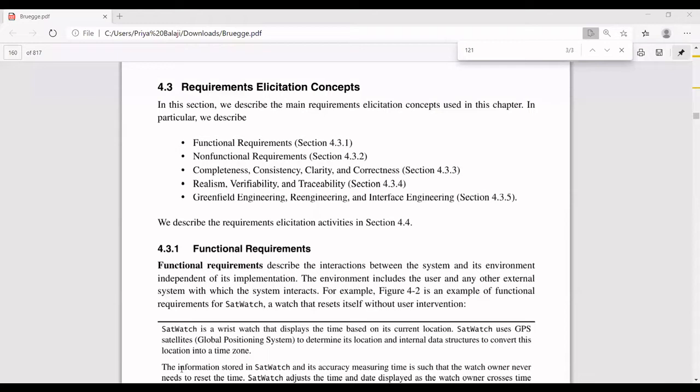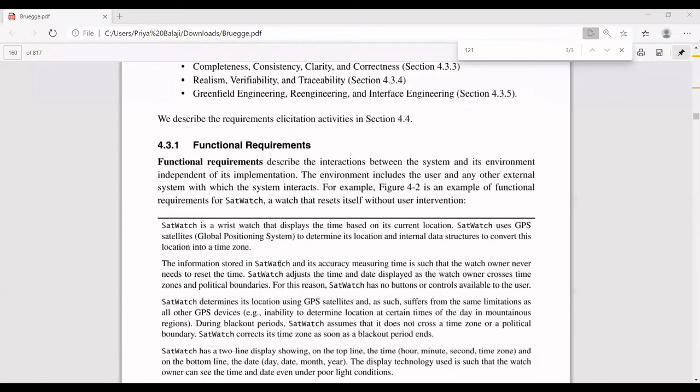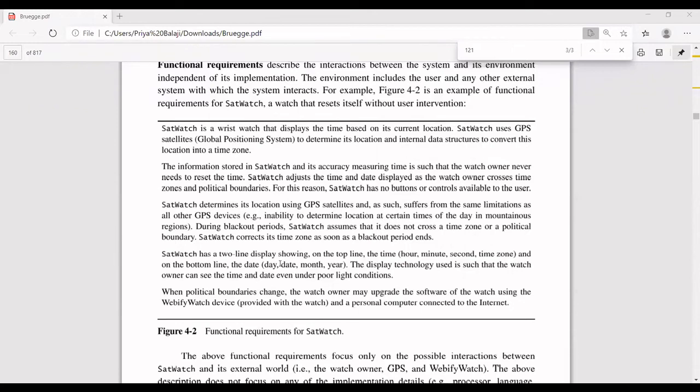So what is meant by functional requirements? As we know, what are functional requirements? There is an example they showed. First I will explain what type of example they are trying to use over here. They are going to use a watch. You remember that we started discussing a digital watch, which has two buttons.